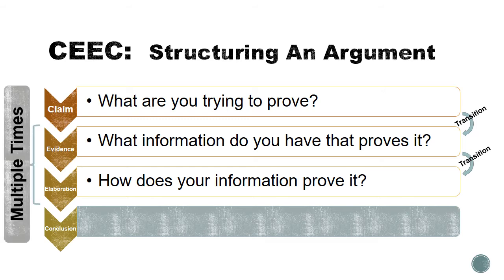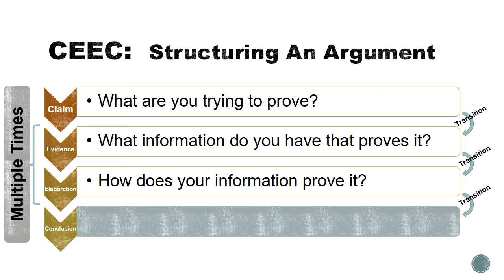Oops, sorry, I skipped it. Think about this also, a lot of times you have to do the evidence and elaboration part multiple times within a paragraph or within a paper. I'm telling you this has to happen just in this order, but sometimes you do evidence and elaboration 3 times, sometimes you do it once, sometimes you do it 17 times. You just do it as many times as you need to prove your claim. Then you transition